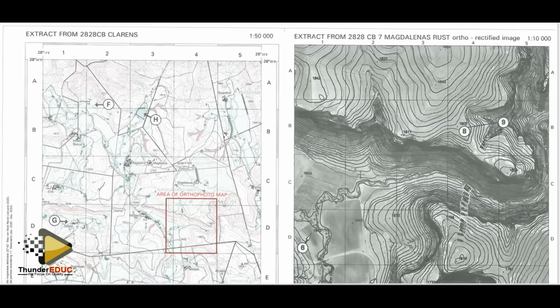Right, we need to apply the concept of contour interval on the orthophoto map. Our contour interval for the orthophoto map is 5 meters, which means for every two contour lines which are next to each other, the difference in height is 5 meters. If we're going up slope, it's add 5. If we're going down slope, it's subtract 5 meters for every contour line. And we also know that our contour lines are in multiples of 5, which means every contour value is divisible by 5 without leaving a remainder.